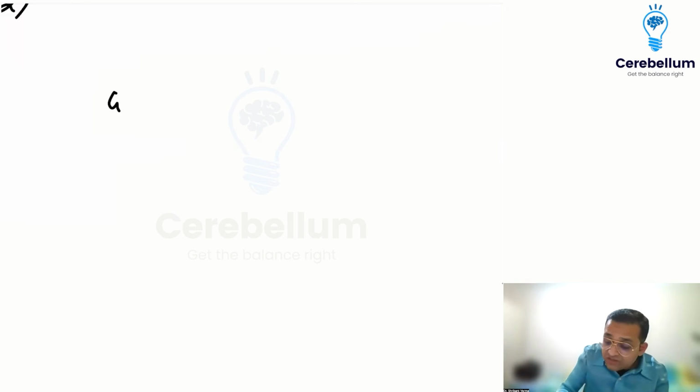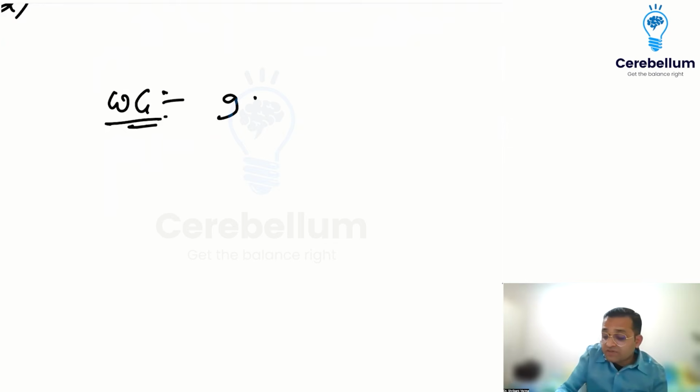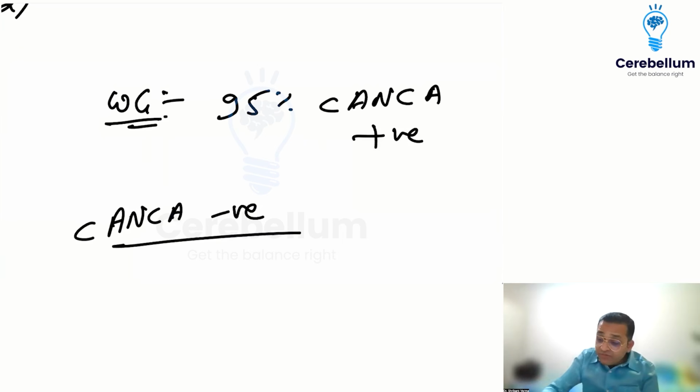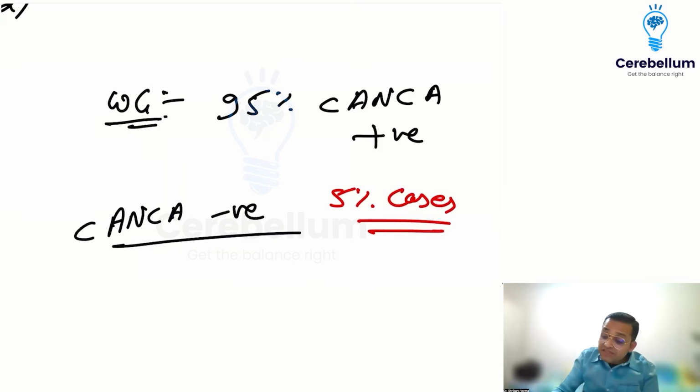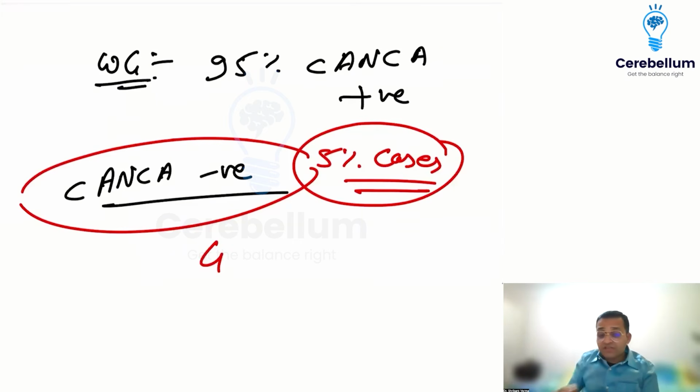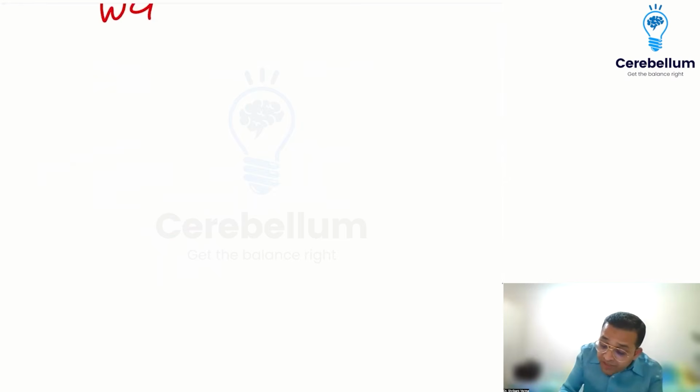In the same way, son, Wegener's granulomatosis, 95% cases C-ANCA positive, but they will give one question with all the features of granulomatosis and they will say C-ANCA is negative. What you have to remember? Yes, 5% cases of Wegener's granulomatosis are C-ANCA negative, but still the diagnosis is Wegener's granulomatosis. Are you getting? They are giving the question: painful